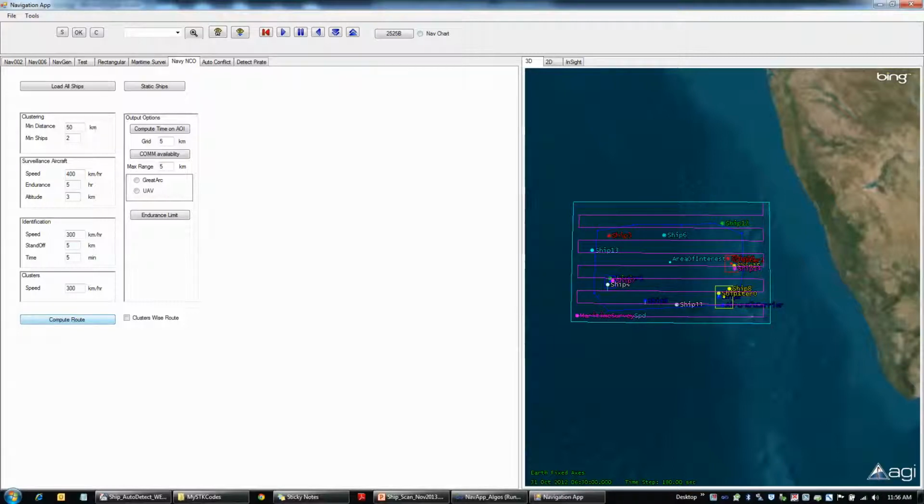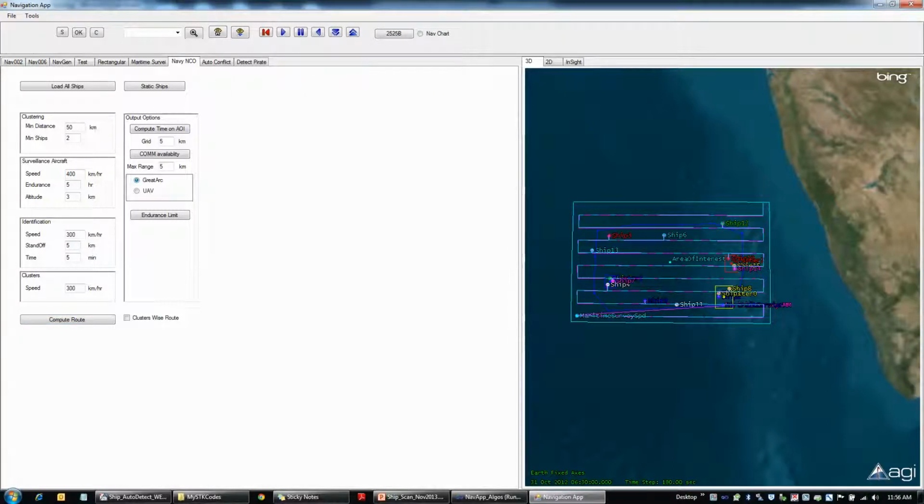So it takes a bit of time to do the computation. You can see here that while computing, it has identified the cluster region, because there is a group of ships here. There is a group. You can see those boxes being drawn. There is a blue one, there is a yellow one, and there is a red one here. It is creating all the routes, and you can see those lines going towards each ship. That means whenever it has identified a ship, it is taking the route towards that ship. So the aircraft starts from this aircraft carrier and it creates all the routes. So these routes are created.